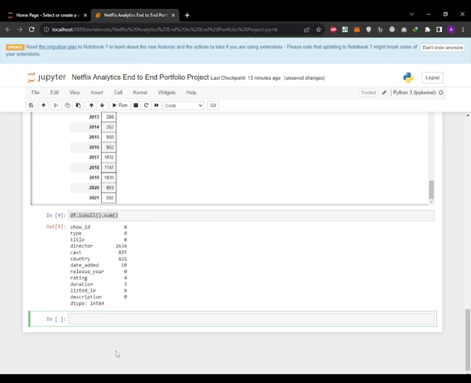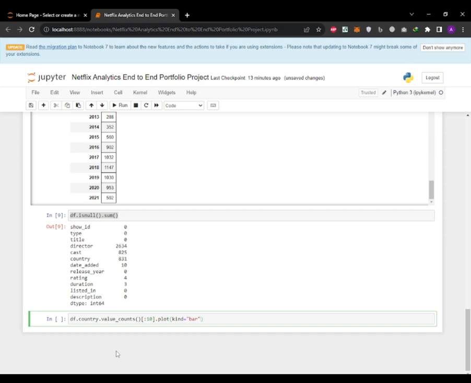So to create this visualization, we are using df.country.value_counts, and then we are assigning the values from where to where our counts. So we are assigning 10 in our square brackets, and then .plot, we will plot our graph. Kind bar, so we want a bar graph. And then color equals red, because we are making a theme like Netflix, and Netflix has red color,